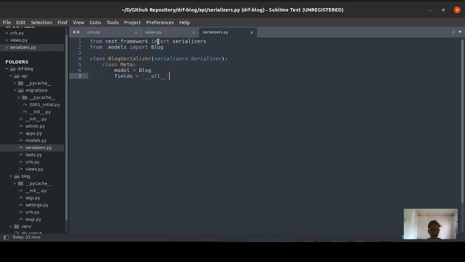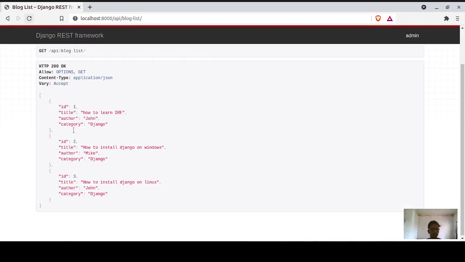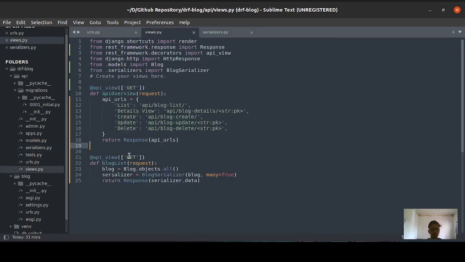What we did here is, we are in our BlogSerializer, and we are working with models, so you need to specify ModelSerializer here. The rest of the things will be the same as it is, and you are getting all the blogs here. So we are done with this part as well.